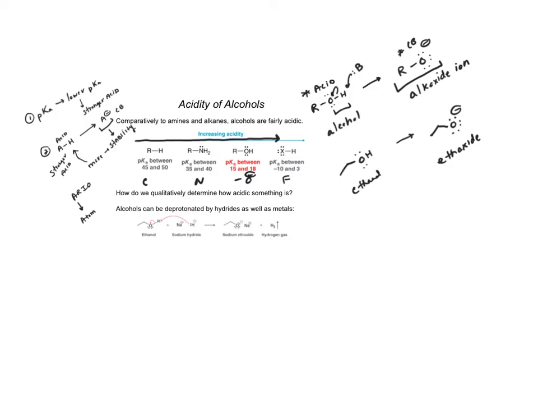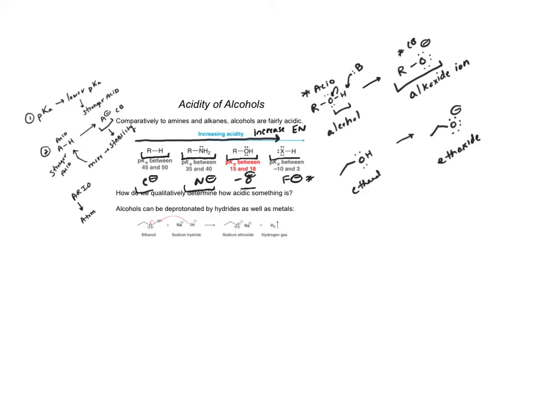As we move from left to right, we're going to increase in electronegativity. So things on the right are going to be much better and much more able to stabilize that negative charge that develops on the conjugate base compared to things on the left. Because of that, alcohols are going to be more acidic, because oxygen is better at stabilizing that negative charge than amines or any type of hydrocarbon. It's going to be better at stabilizing that than nitrogen or carbon,